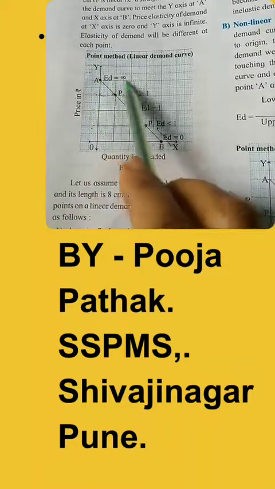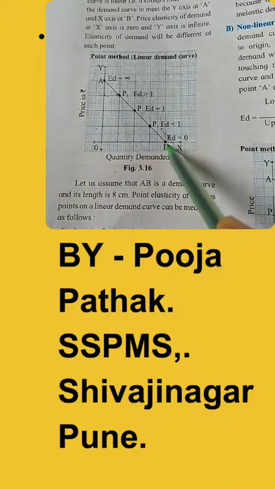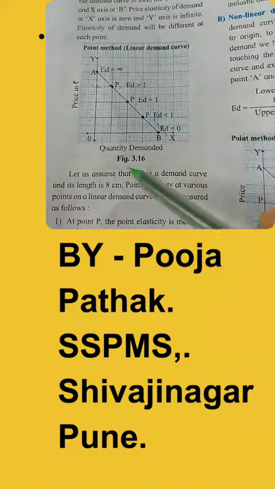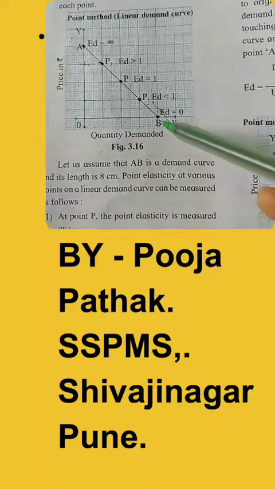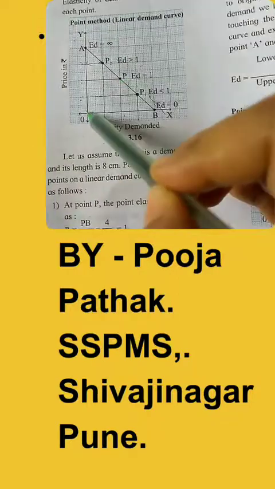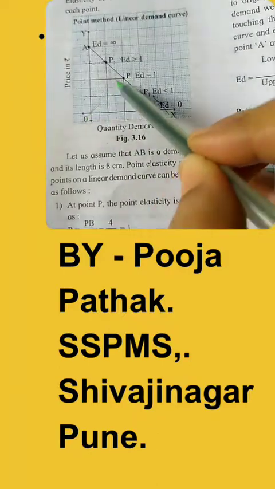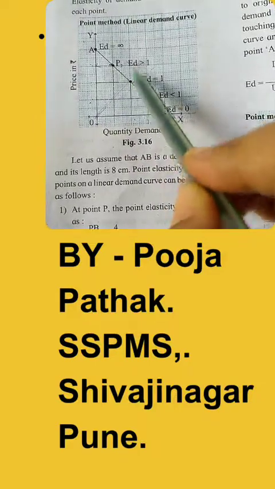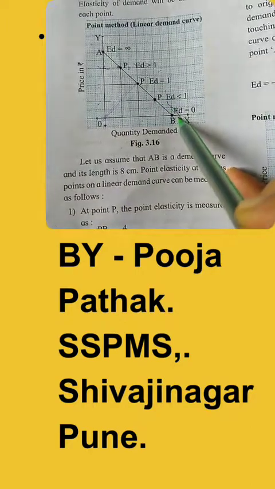One is perfectly elastic demand and the other one is perfectly inelastic demand, over here and over here. Both points are on the axis. Okay, now the next type of elasticity we will study is unitary elastic demand. See, at the middle point over here, if you put a 45-degree angle, that will be unitary elastic demand, where percentage change in quantity demanded is equal to percentage change in price.